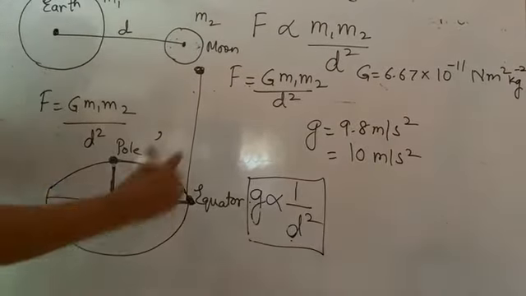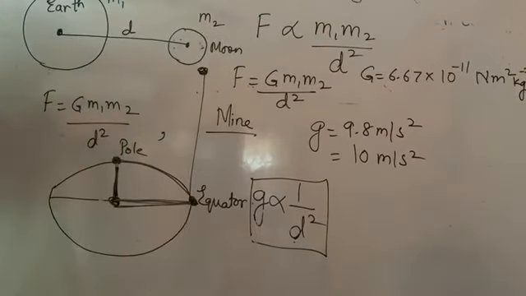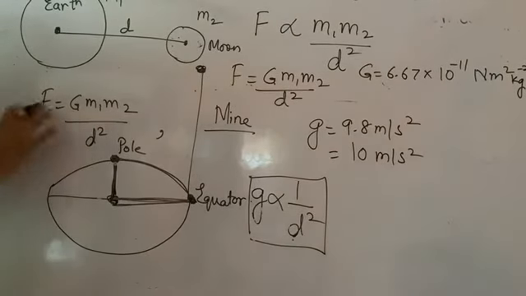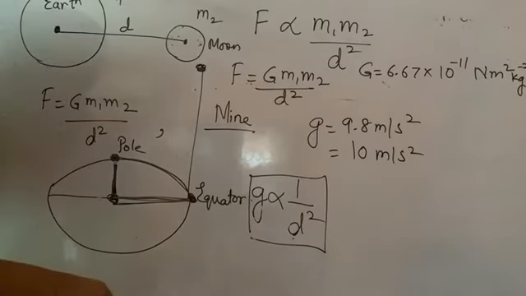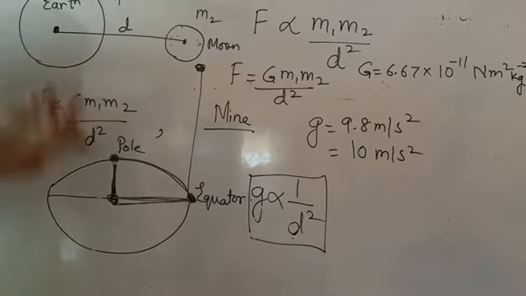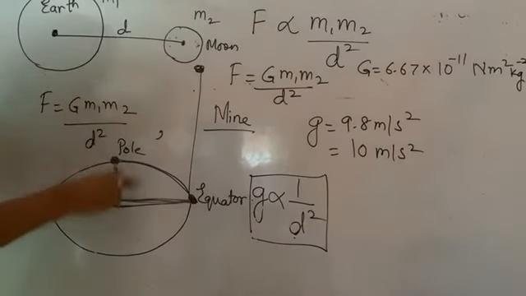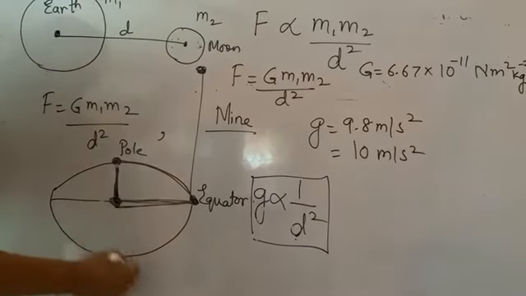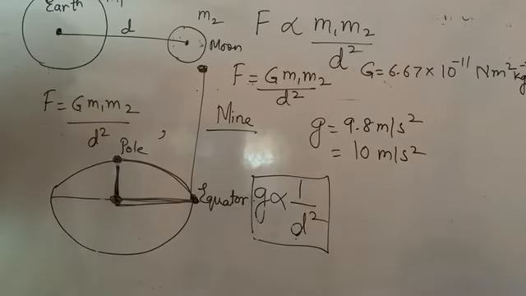The third case is if you are going deep inside a mine. If you go deep inside the mine, children, if I use this formula, in this formula also you can talk about force of attraction. What is happening when you are going inside a mine? Actually, you are going towards the center of gravity. When you dig a mine, the mass is coming out and your distance to the center of gravity is decreasing. When you reach the center of gravity, acceleration due to gravity is zero. At the center of the Earth, it is zero.